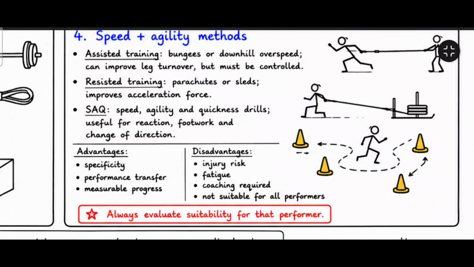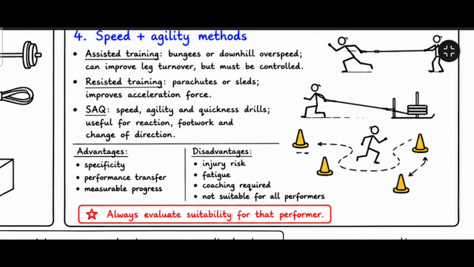So when you're talking about these methods, you always want to evaluate their advantages and their disadvantages, and these are some key general points that will always apply to most of these methods. As you can see on your screen, for advantages, you got specificity, how well it transfers to performance, and how well the progress can be measured. For the disadvantage, you can always use injury risk,